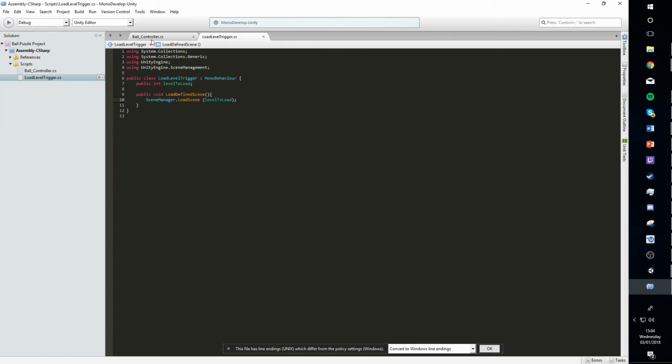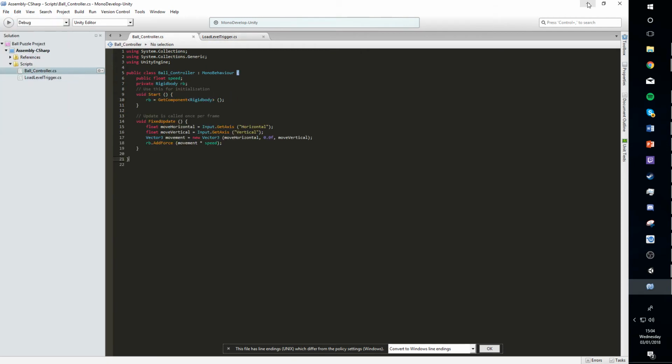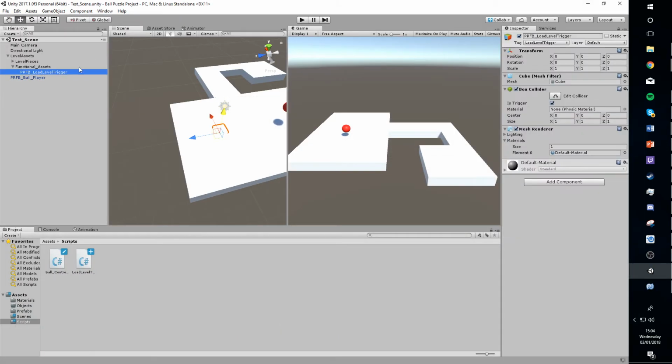So let me save all of these. Let's go back into here. We've got this sorted as a tag, and we've got this here. So I'm going to apply this to here. I'm going to leave it at 0 for the time being because, as I say, I'm going to prefab it and change it. One last thing to mention, if you've made all the scenes that I've made, you just need